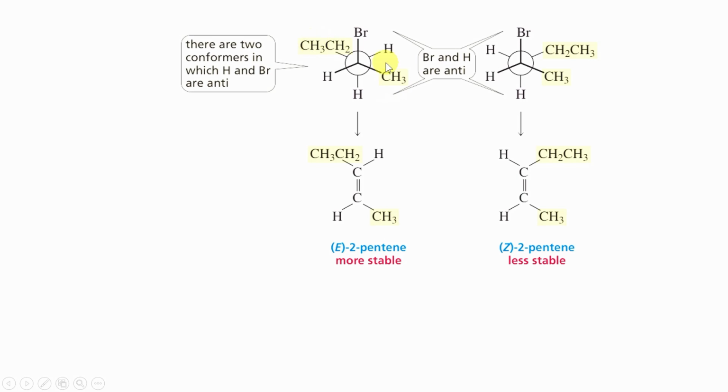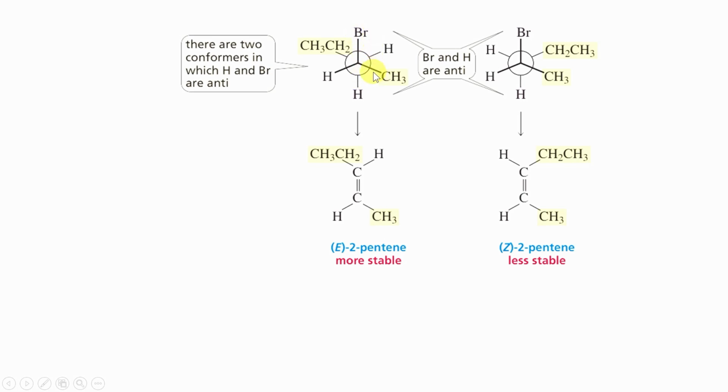You can see in this conformer the bulky groups are on the opposite sides of each of the carbon atoms, whereas in this conformer the bulky groups are on the same side of the adjacent carbon atoms. That is the difference between these two conformers where the departing groups, hydrogen and bromine, are anti to